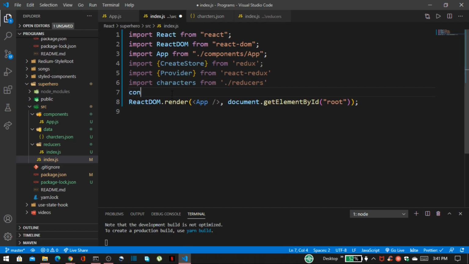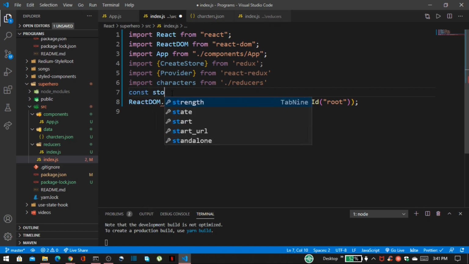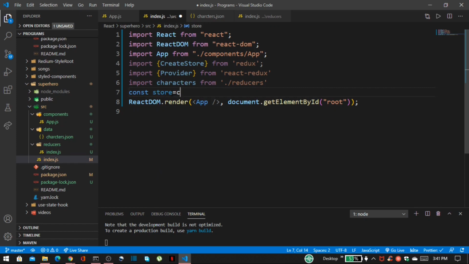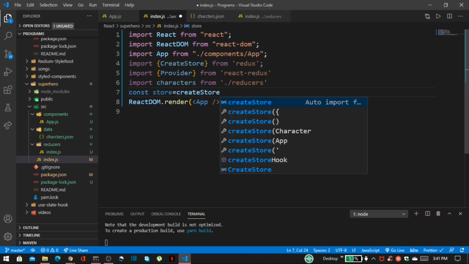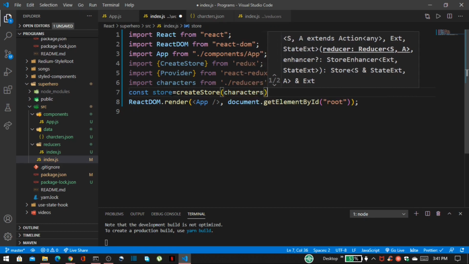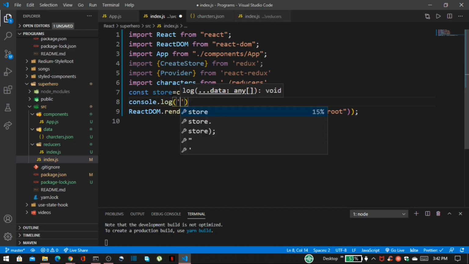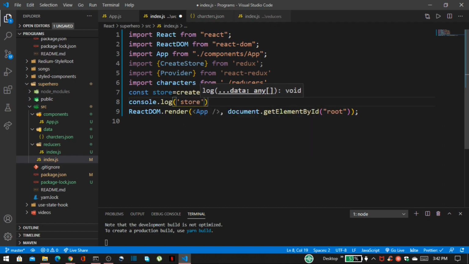So let's create a new variable called store, and inside our createStore we have to pass our characters. After that, I want to print something, so I use console log, and here I want to print store.getState. This is our subscribe method.